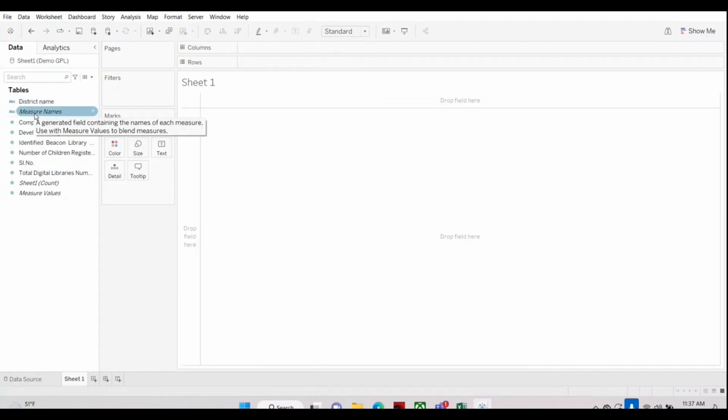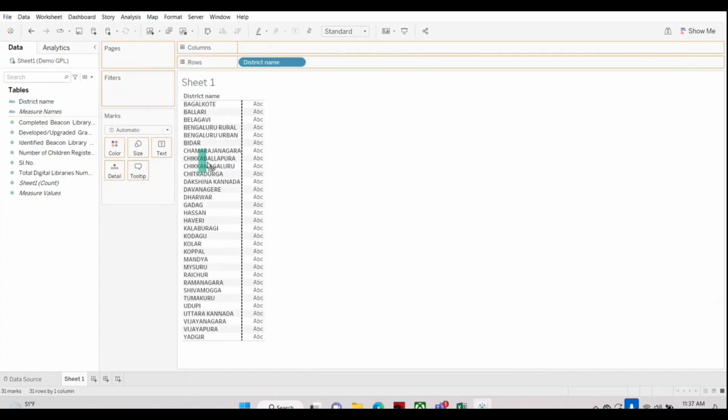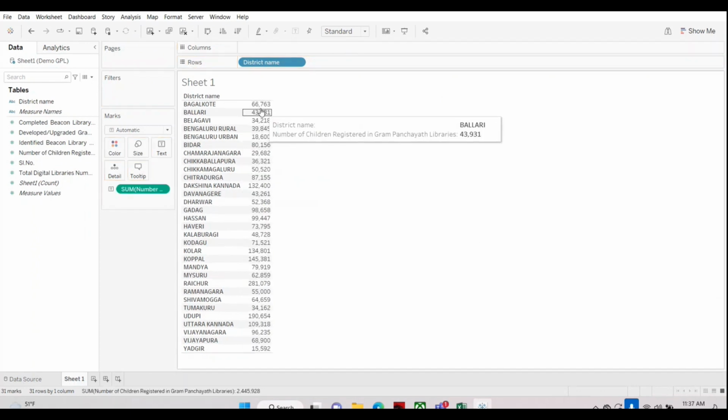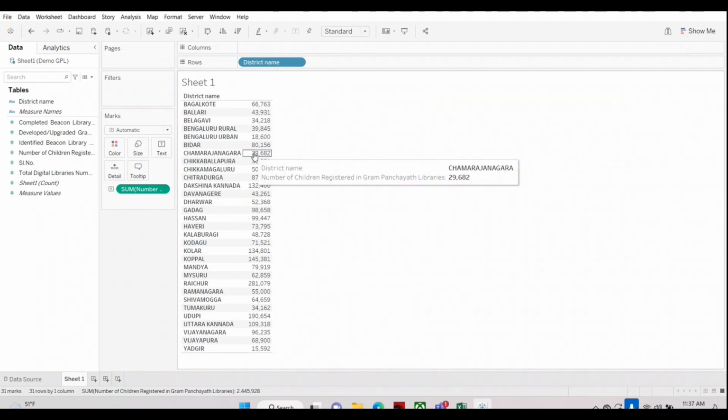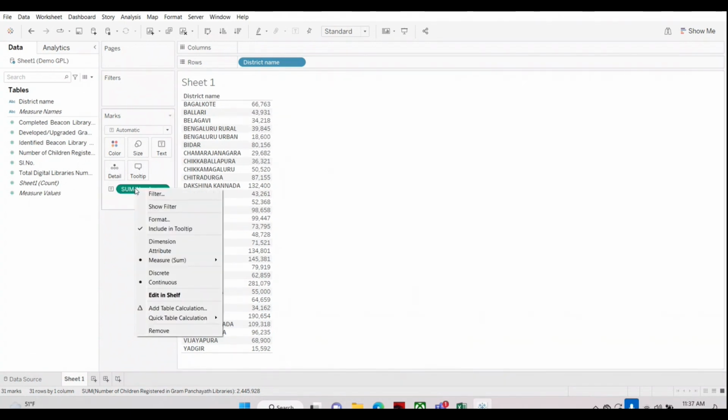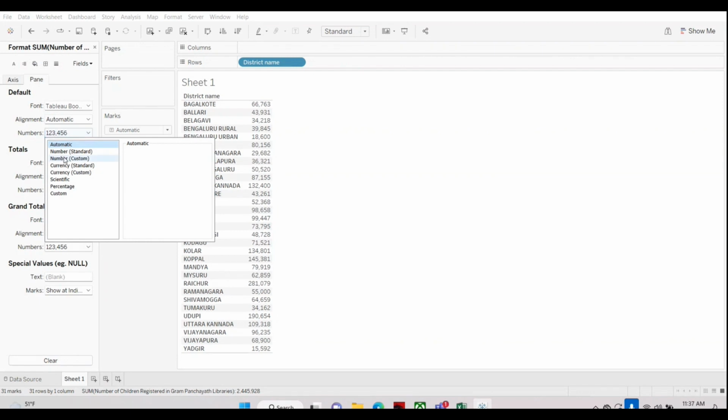Okay, I am explaining it from the first page. District name, and we are taking number of children. All the things are in decimal values, separated by commas. Now we want this to be in K, meaning kilo, millions, billions. So how to change that? We simply click on the same thing from where we changed it to decimal or no decimal. Right click, format,